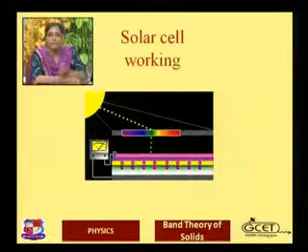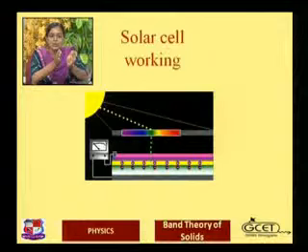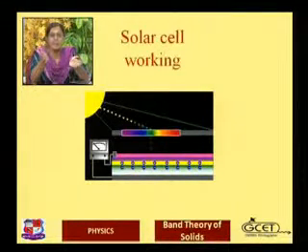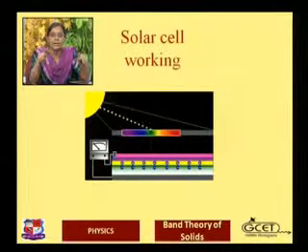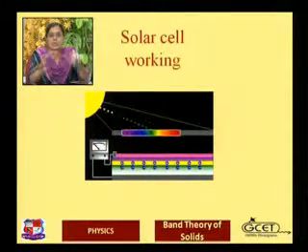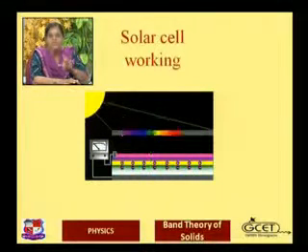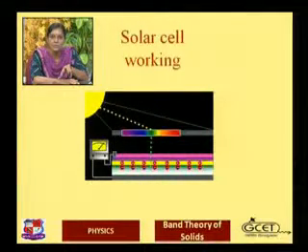But here we are not providing any bias, so the electron hole pairs generated will be separated and accumulated at the two ends of the PN junction diode, and in the output we have the potential difference between the two ends of the PN junction diode, and that